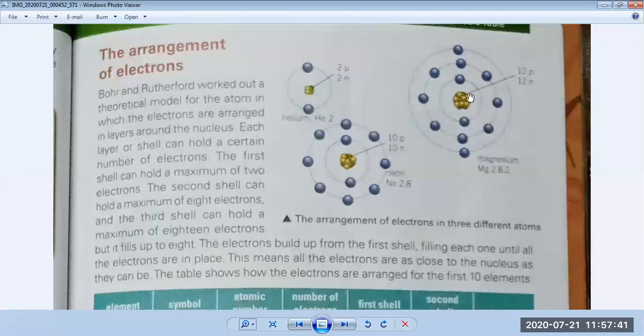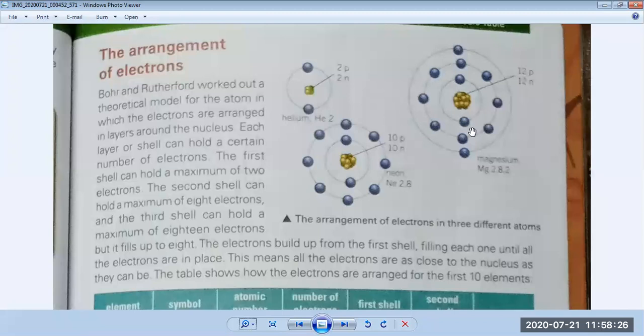Now I will discuss magnesium. I have told you it has 12 protons and 12 neutrons in the center of the nucleus. So when we put these electrons around the nucleus, we will focus on the number of protons. We have 12 protons. We have discussed that in the first shell 2 electrons can be accommodated, so out of 12 we put 2 electrons here. After that, in the second shell 8 electrons can be accommodated. So out of 12, 2 go in the first shell. How many are left? 10 are left. So out of 10, 8 electrons will come in the second electronic shell.